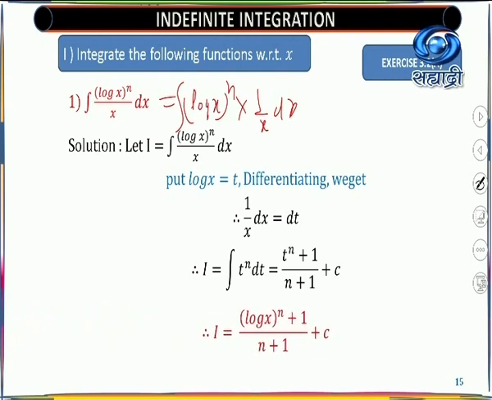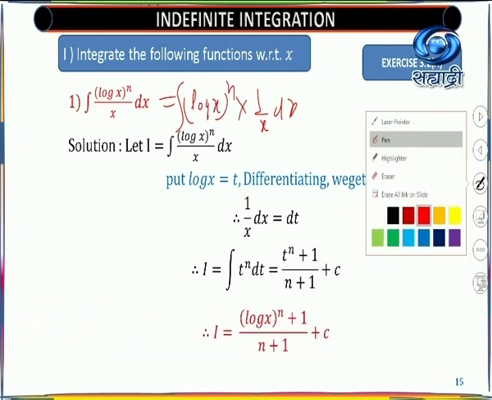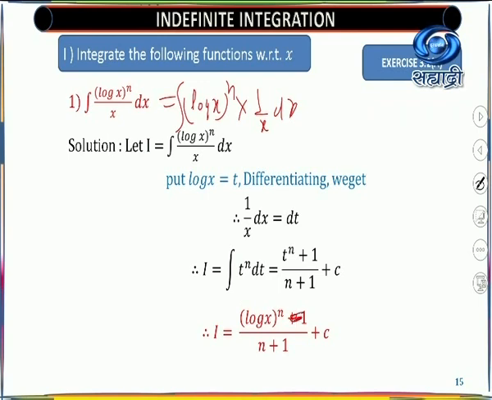You will get this as log x raised to n plus 1. It looks like it's plus 1 here, but it's not n plus 1 here. It is in the power. This way you have to start thinking: it's not here, it is in the power. It looks like it is near to plus 1, but it's t raised to n. What is our formula? The formula says this is equal to x raised to the power over here, upon n plus 1 plus constant of integration.